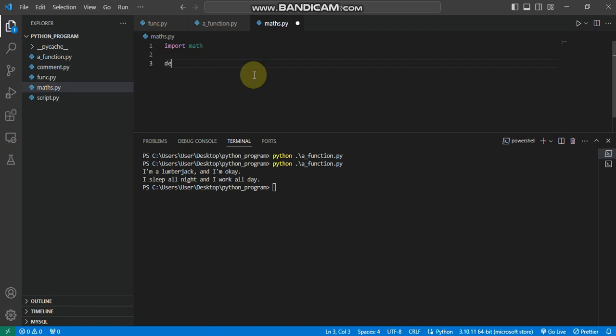Here I can just write a function by giving the keyword def. I'm trying to define a function, then I call it circum, then I open this parenthesis. If I'm trying to check for the circumference of a circle, then the formula is 2 pi r, which means 2 multiplied by whatever we have as our pi value, which is pi, then multiplied by